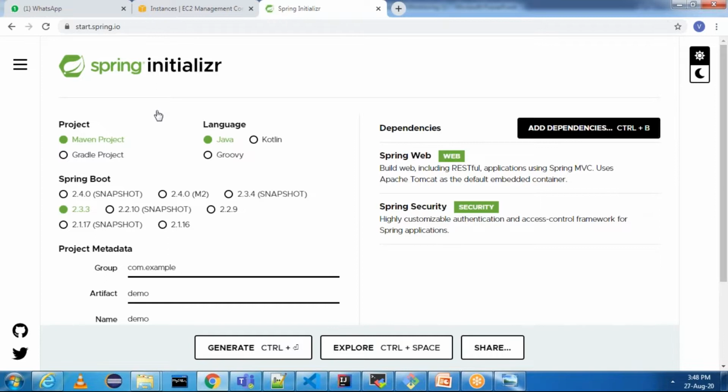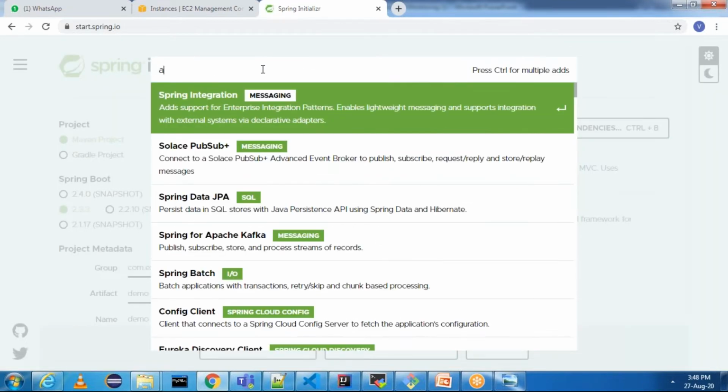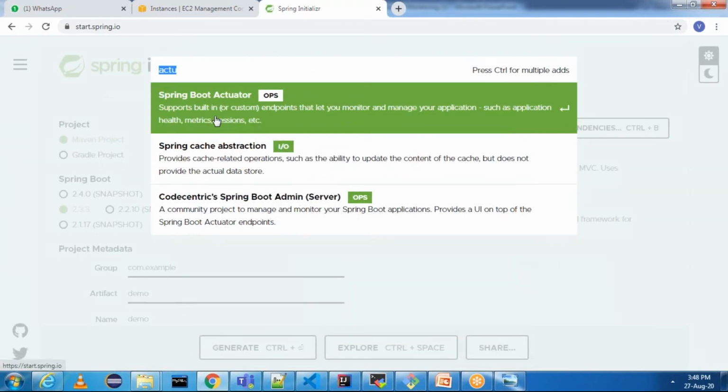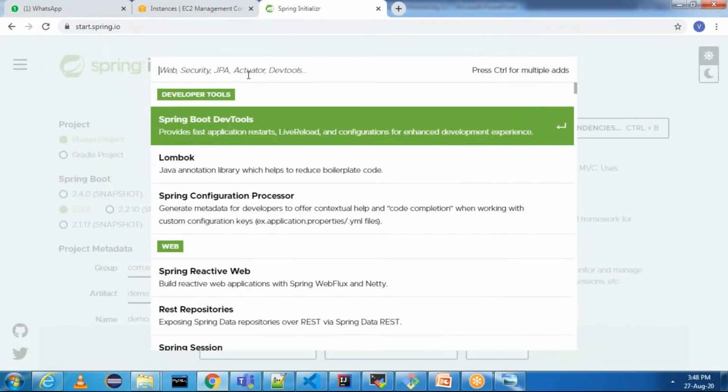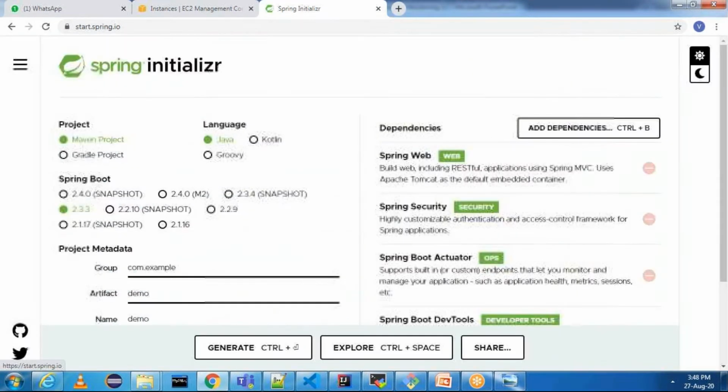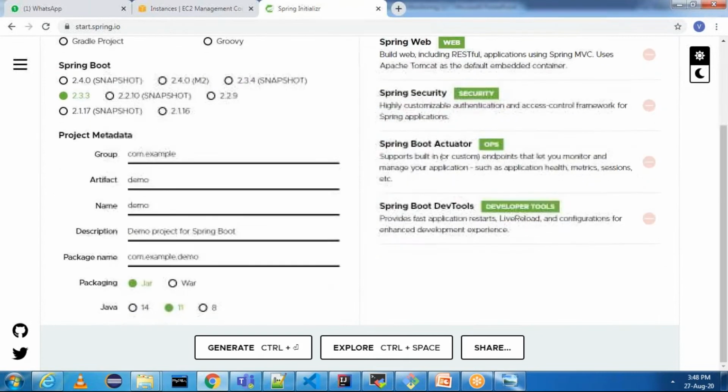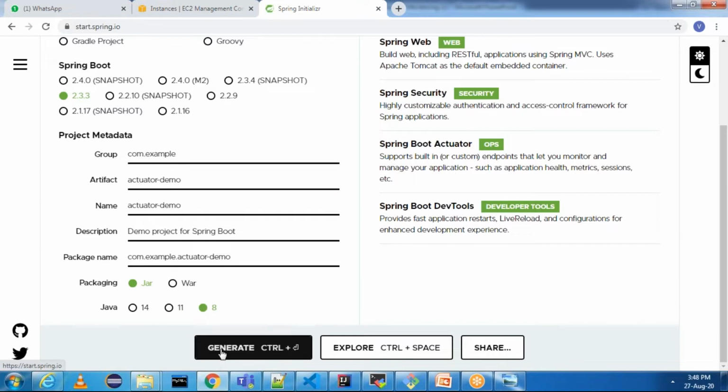If you don't need it, you can ignore JPA. And then we need to add Actuator, and then Developer Tools. These are the dependencies we need to add, and you can name the project actuator demo. If you choose Java 8 and click on generate, your project will be generated.